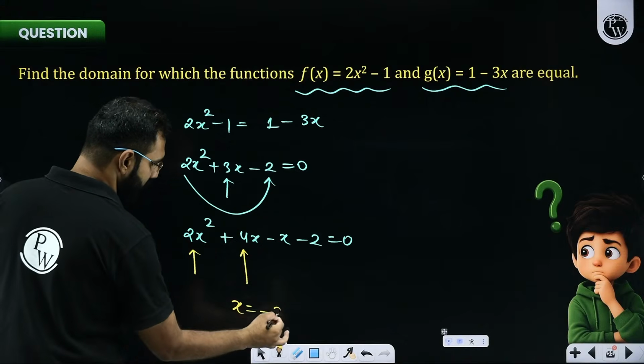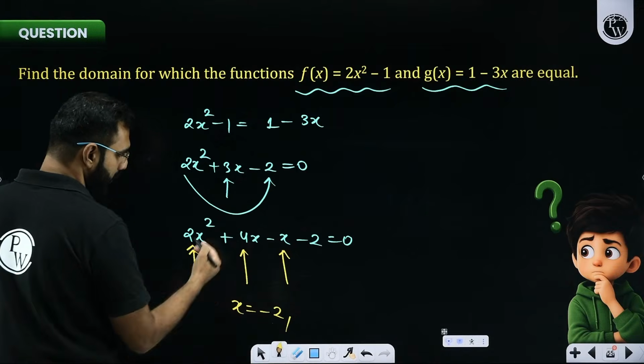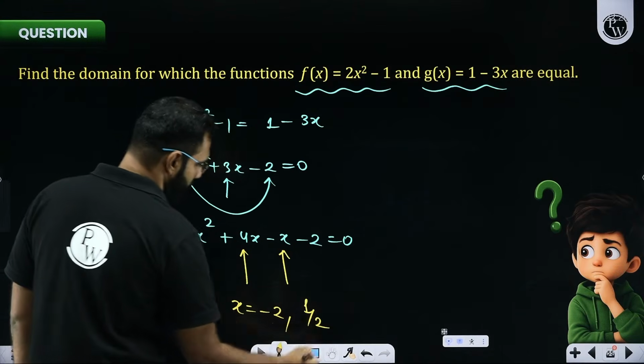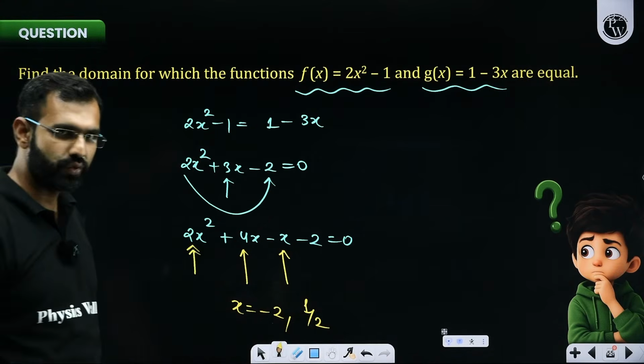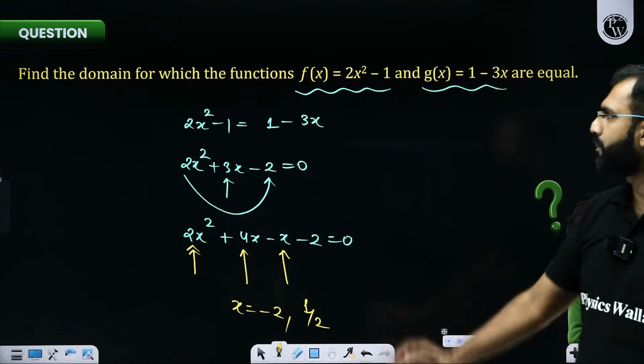So x will be minus 2 here. Negative of this divided by this will be the second root. 1 by 2 will be my second value. So the two values of x which we are receiving are 1 by 2 and minus 2, for which these two